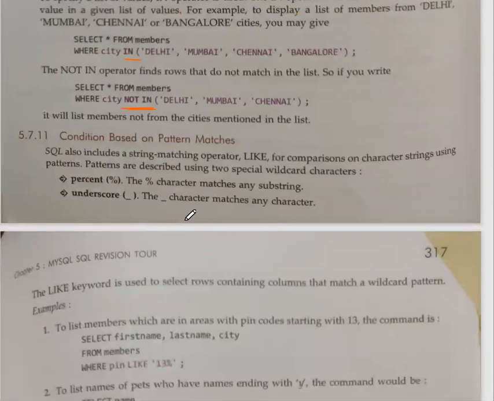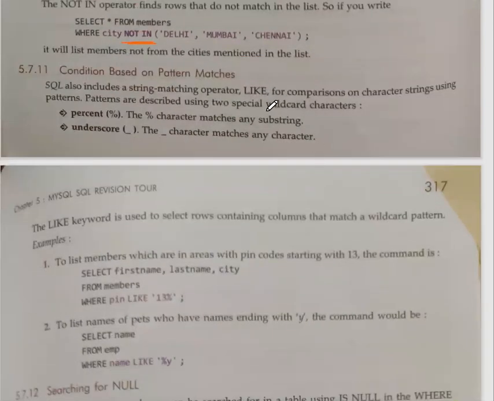Okay. Then we have pattern matches. We have done this last year also. We are basically using two wildcards. Remember that these are called wildcard characters. We have two: first is percentage and second is underscore. When we talk about percentage, it means 0 to infinite characters. And when we talk about underscore, it means we want to search for a match of only one character.